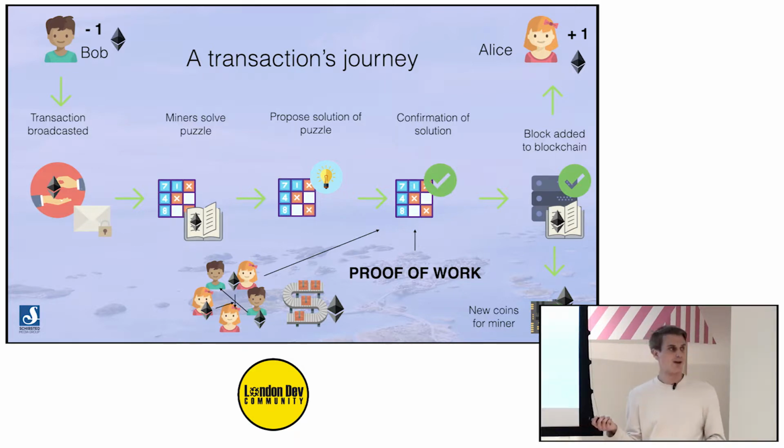And once someone has proposed a valid solution, effectively done a proof of work, you've proven to the network that you have some hardware you're running, and you've spent some electricity on computing this random number to get to that solution. So anybody knows that you are invested in this network. And within that solution, there's money going in between different accounts, and there's also code running on the Ethereum Virtual Machine. And I'll get back to that.